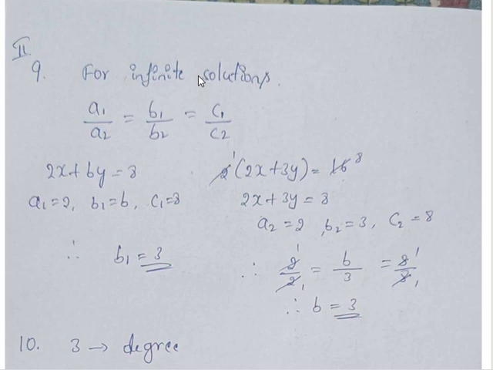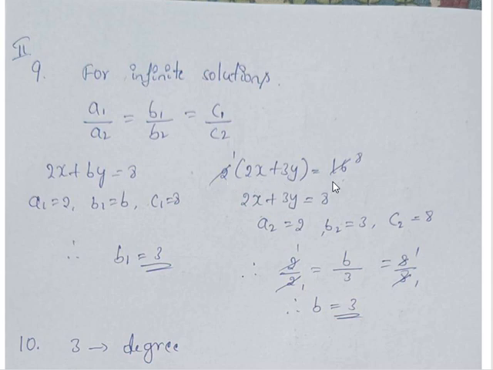So here one of the situations is when the two linear equations have infinite solutions, they should satisfy this condition, that is nothing but a1 by a2 is equals to b1 by b2 is equals to c1 by c2. So the first equation is 2x plus by is equals to 8 and the second equation is 2 into 2x plus 3y is equals to 16. So here the A1 value is 2 and the B1 value is b. They have not given the B1 value, so you should find out the b value, that is you write it as b, and C1 is 8.